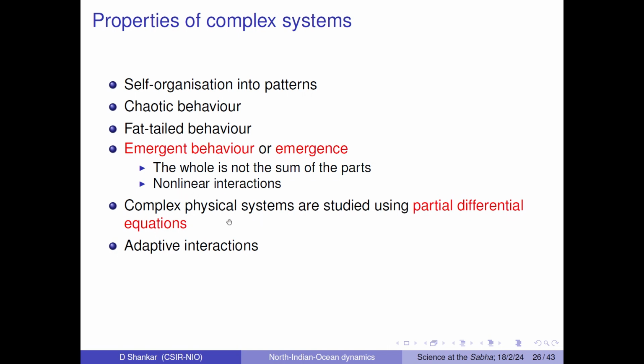Now, complex physical systems are studied using what are called partial differential equations. It's a very well established body of mathematics, and you can use that to study, for example, climate. But there are complex systems that are not amenable to these partial differential equations. They are called adaptive systems. This happens in biology and in social dynamics. In simple terms, once bitten, twice shy,